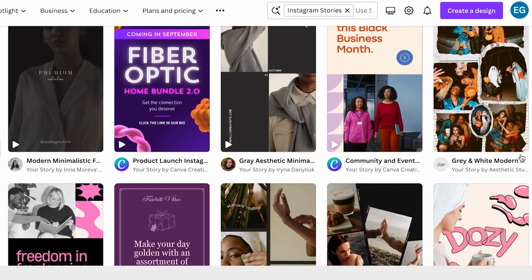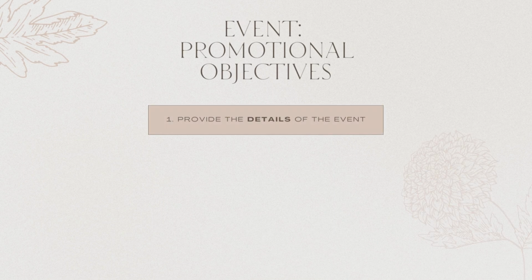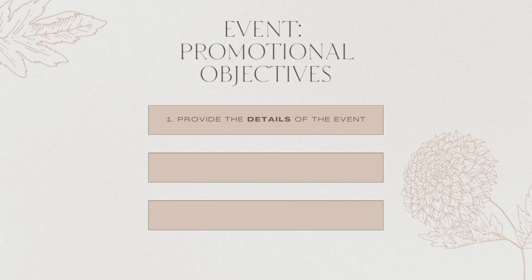So I actually have 3 objectives that I like to use when I'm thinking about the content I want to create for the event. The first objective is to provide the details of the event. Obviously, you want to let your audience know where the event is located, what the date of the event is, and what the time of the event is. You might even want to let them know what the parking situation is, or if the event costs money, things like that. You want to provide all of the logistical details in a place that your audience can clearly see them and find them,